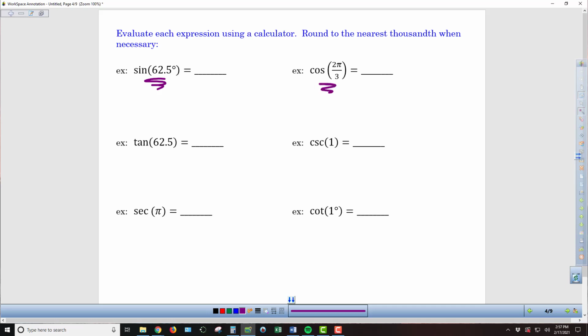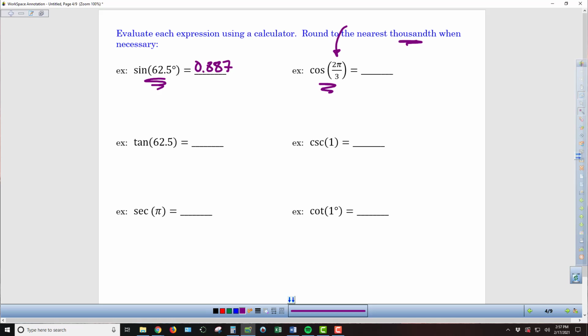As long as your calculator is in degree mode, then we can just type in sine of 62.5, and we get an answer of, if we round to the nearest thousandth, 0.887. For the second example, we can see that there's no degree symbol like there was in the previous one,